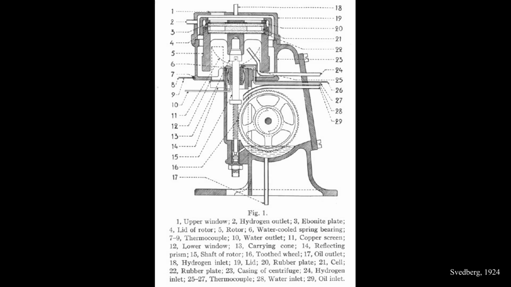To help control the heat generated inside the centrifuge, they replaced the air around the rotor with a constant flow of hydrogen gas to decrease friction. They isolated the rotor from the bearing using a screen of copper in addition to circulating water around the bearings surrounding the rotor shaft. And finally, they sprayed oil on the tooth wheel assembly.